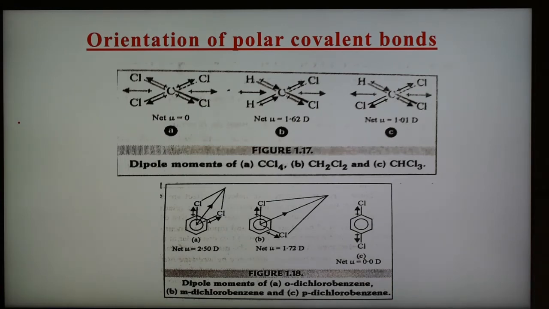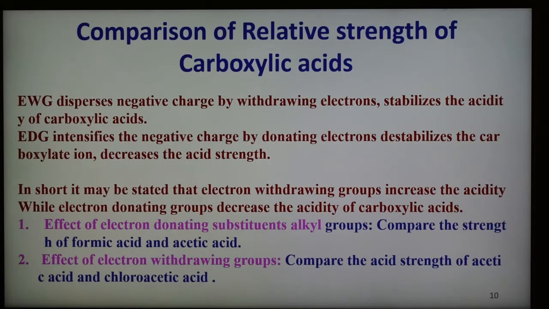is higher than that of meta-dichlorobenzene, which has 1.72 Debye. So in the case of orthodichlorobenzene it is 2.50 Debye, and in the case of meta it is 1.72 Debye. So this is the example of ortho, meta, and para dichlorobenzene. This is another example, and in the next part,